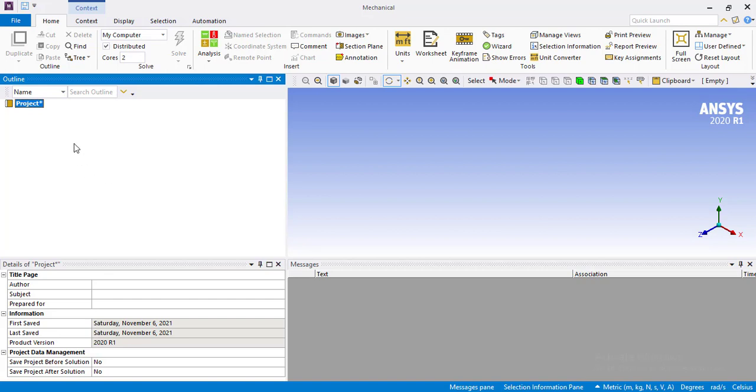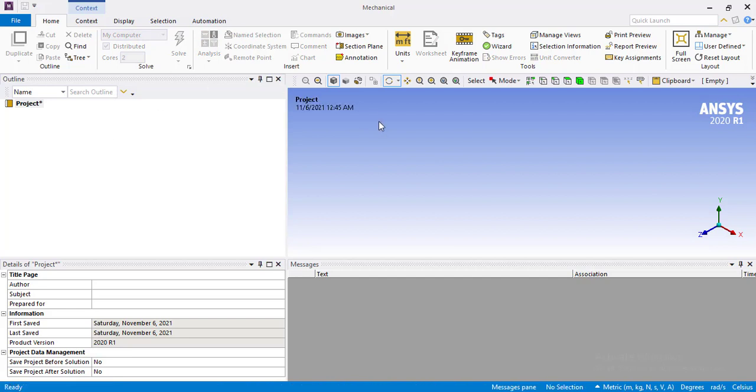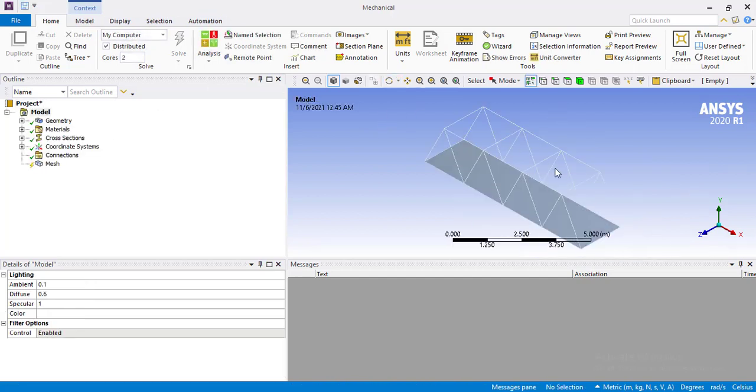The project is loading and importing the geometry that we have created in the previous step in the design modeler. Now the project is loading. Soon you will be able to see the 3D truss that we have created like this.